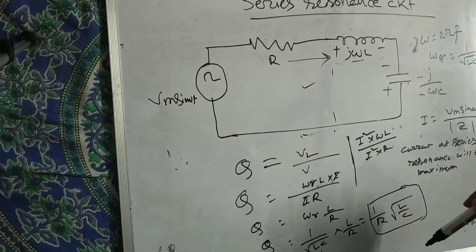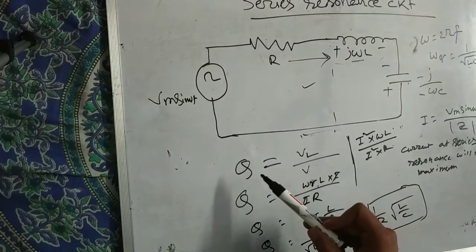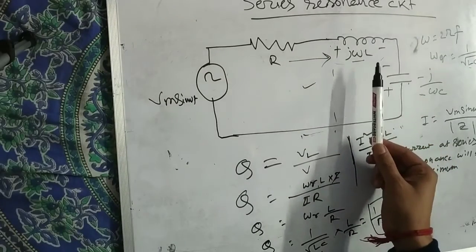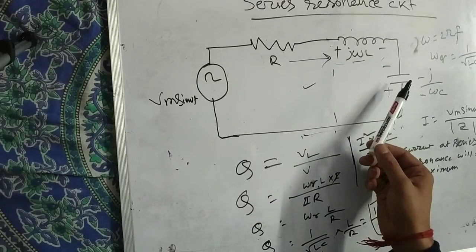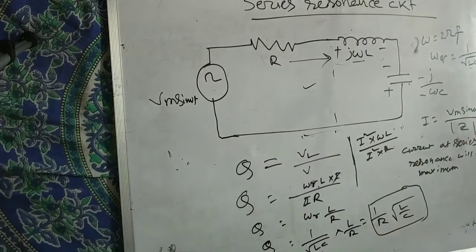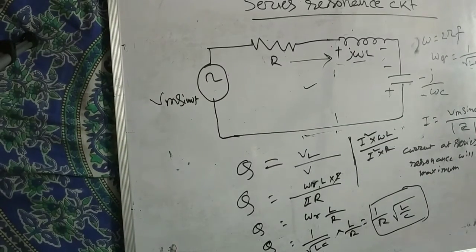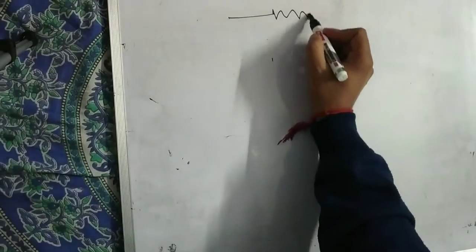In the series resonance condition, you first have to remember the resonance frequency and the quality factor, and that at resonance condition the magnitude of the inductor impedance equals the magnitude of the capacitor impedance. So you have to remember this for the series resonance circuit. Now we will discuss the previous question on maximum power transfer, from the maximum power transfer theorem that we have studied earlier.